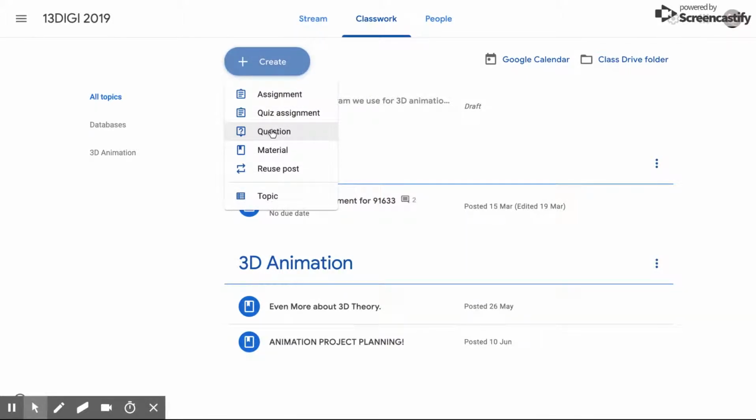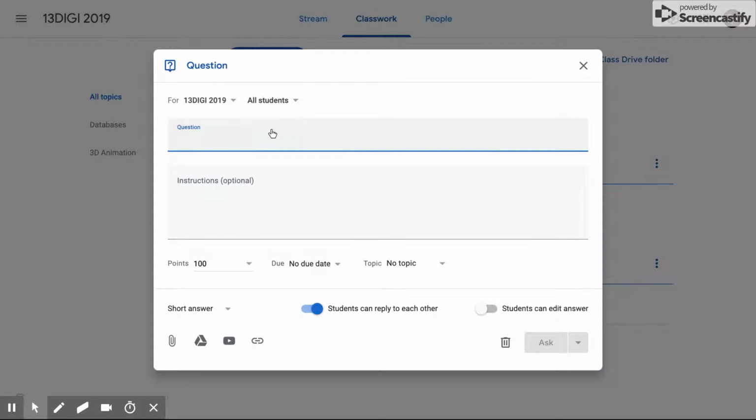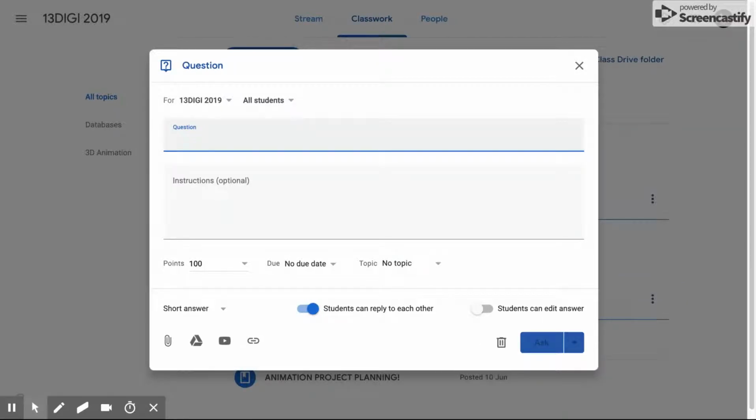So click on that, and we have our little question prompt pops up. So you can type in a question. So for example, what is the program we use to create 3D animations? Okay, so a question depends, what you're asking, what the question is, how much detail you want in the